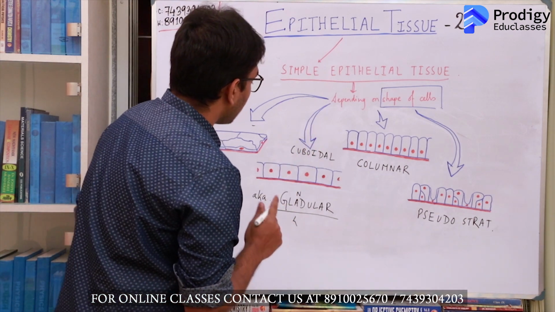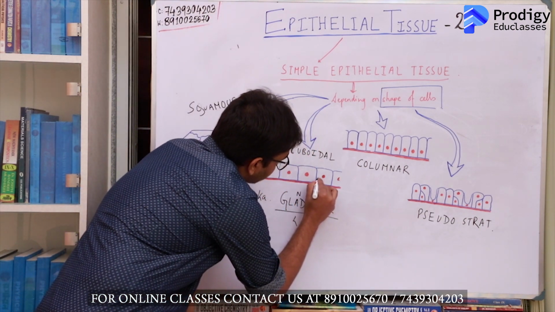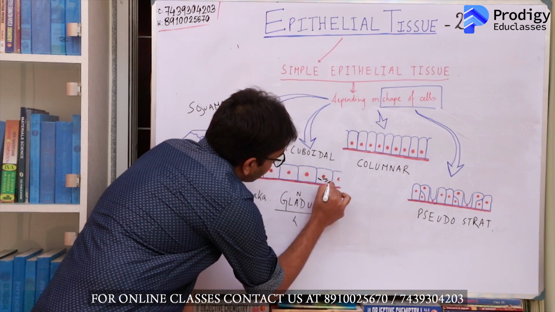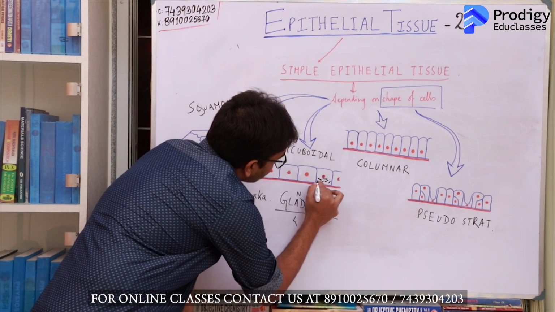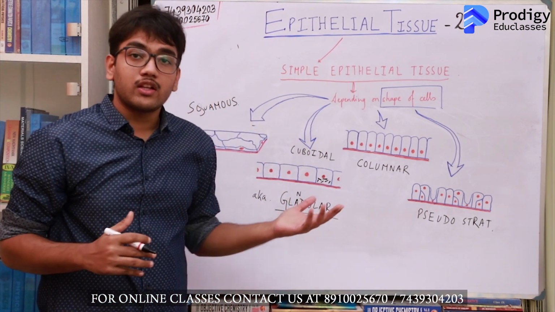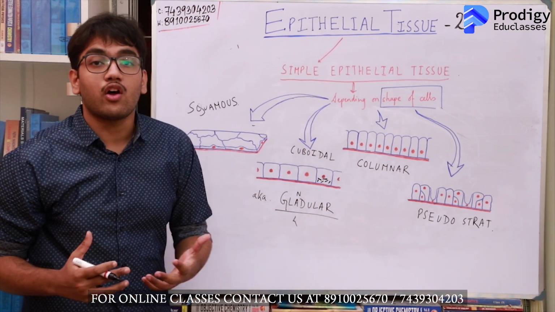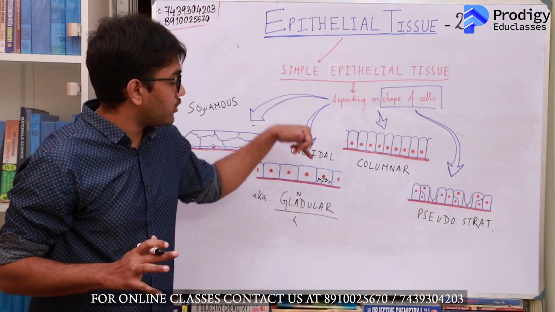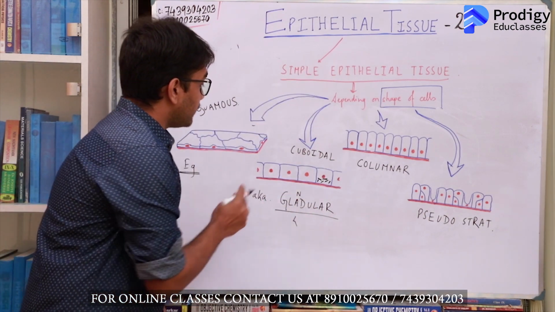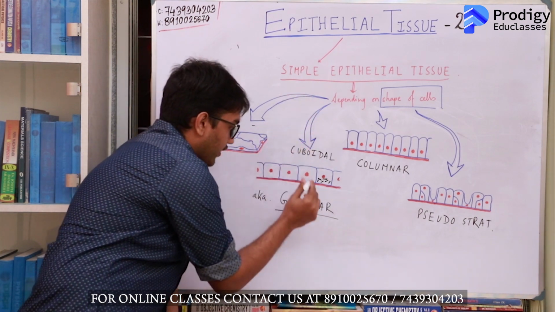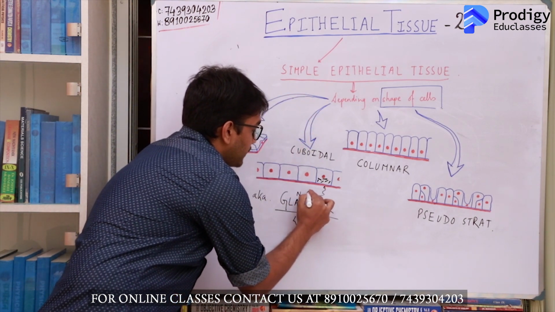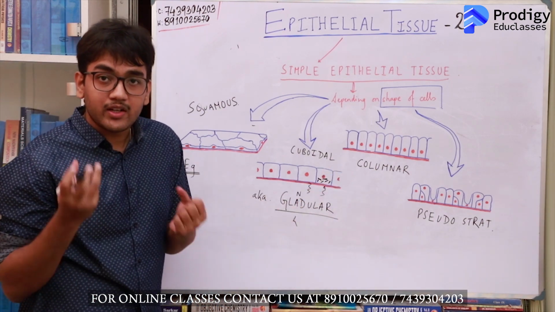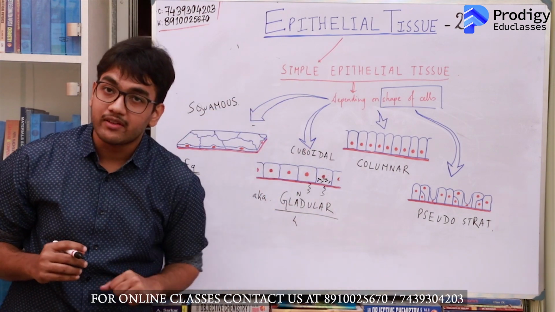If you look at these cells, on the basal aspect of these cells, you will find an abundance of mitochondria. Why mitochondria? Because these cells, for the purpose of secretion, will need a lot of energy. These mitochondria will provide for the energy. Why are the mitochondria present on the basal side? Because this is the luminal or apical side. So whatever nutrition will pass to the epithelial tissue will always pass from the basal side. So the mitochondria which will take up the nutrients and produce energy will be present on the basal side.